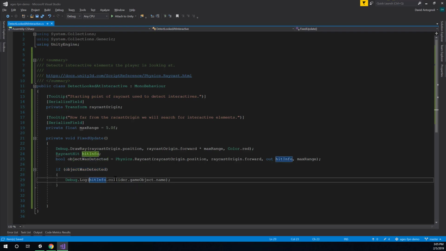We can clarify this debug info a little bit. Instead of just printing names with no context, we should add a little bit of a label. So we can add a label to the beginning of this. We can say, I'm sorry, we can say "Player is looking at" something like that, and then it will print the name of the thing we're looking at